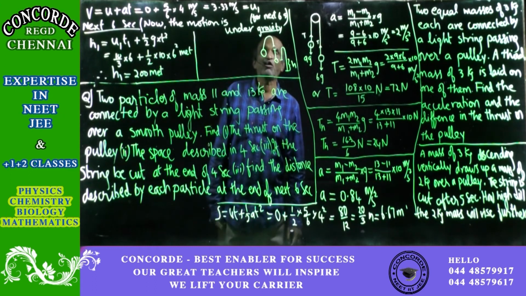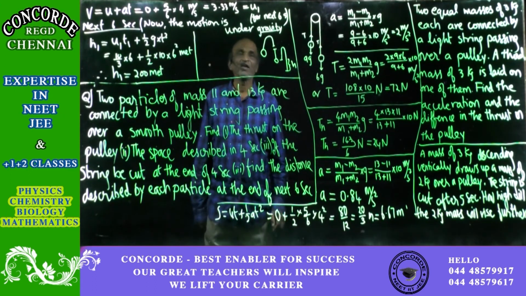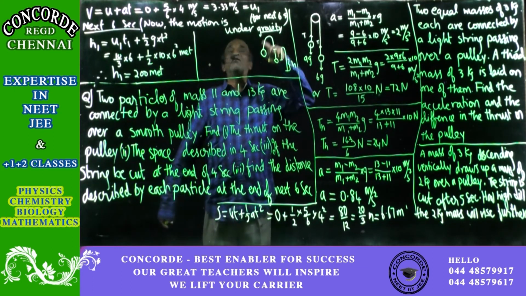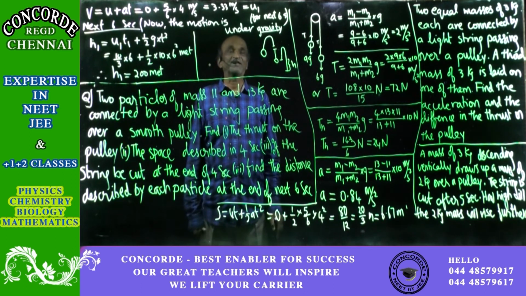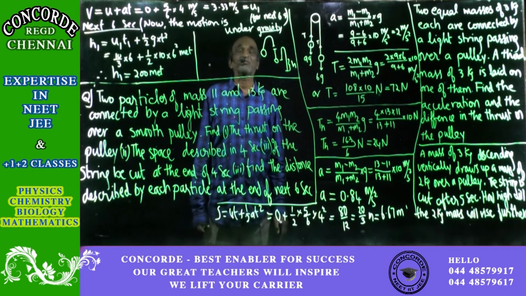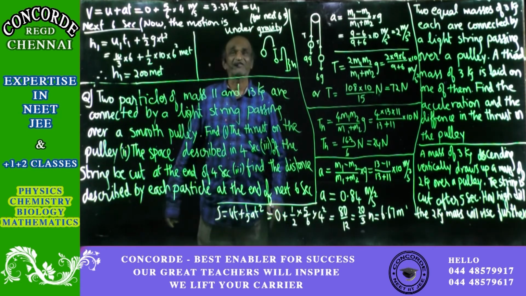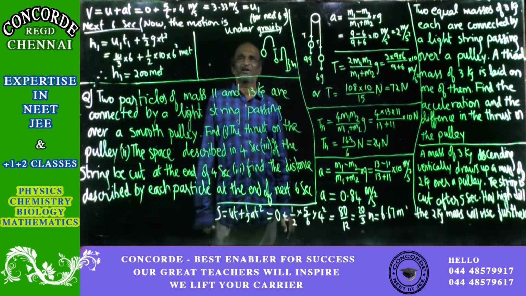Having got the idea, let us assume that when the string is cut at that point, wherever the smaller mass is, from there it might go up and then come down. Already going up, it will continue to go up, but it is moving against gravity, so at one time it will become 0, and thereafter it will only fall down. When 6 seconds are over, find what is the distance, which will not be the distance covered. It will only be the difference between the starting point after the string is cut and the final point after the next 6 seconds are over.